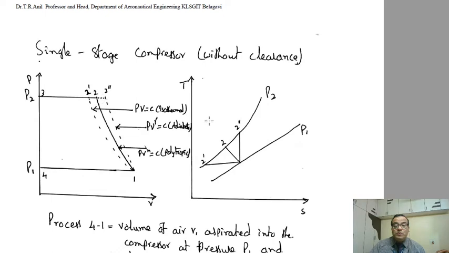Area under 2, 3 is the area under this PV diagram minus area under 4, 1. This needs to be deducted, because what area we need to take is 4, 1, 2, 3. So area under 2, 3 is the whole area this much. And area under 4, 1 is this, which needs to be deducted, because it's not the area which is required, and then plus area under 1, 2, that is the polytropic process curve.